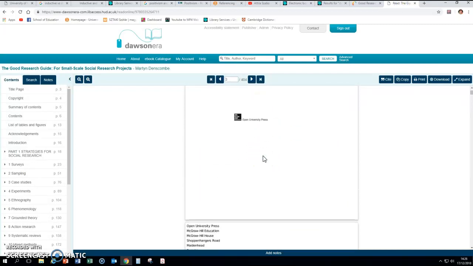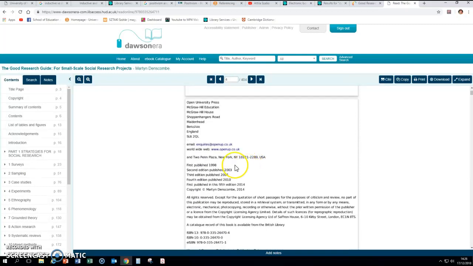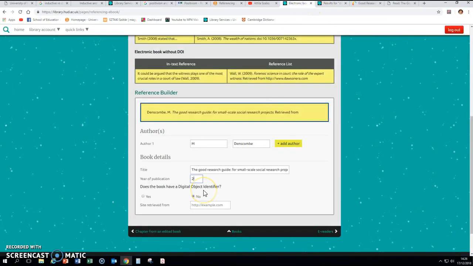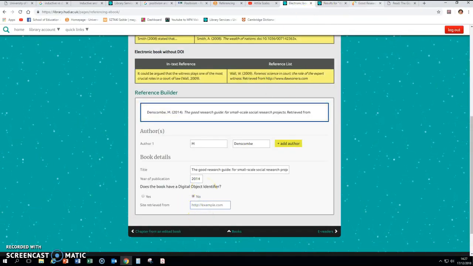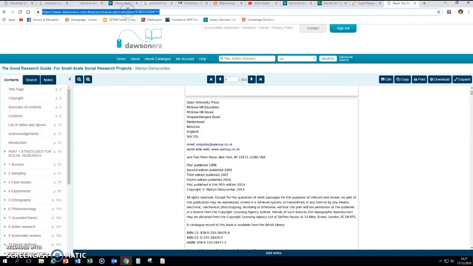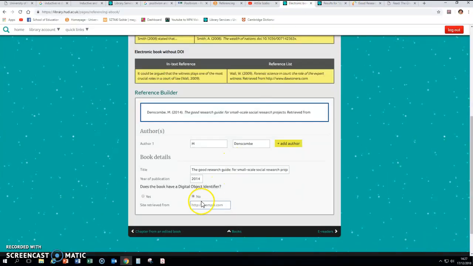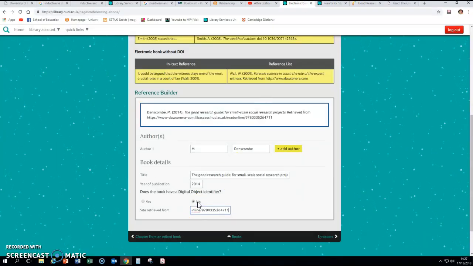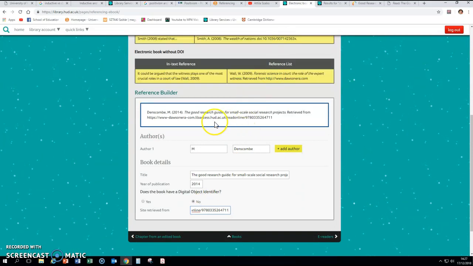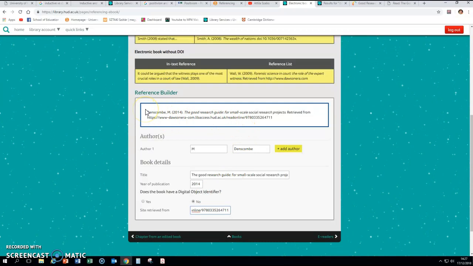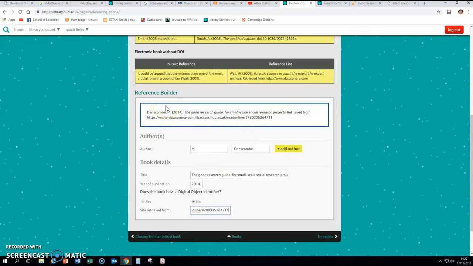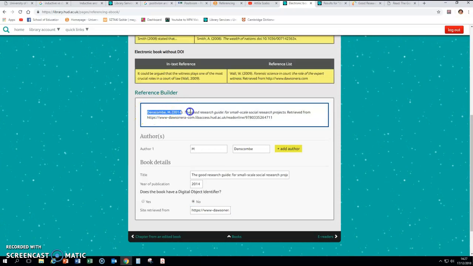If I'm not mistaken, this was the 5th edition, so I think it is 2014. That's what we need here. So 2014, and this would be the URL. And now once you've got the URL, you can see that the background in this box has turned white. All you need to do is just to